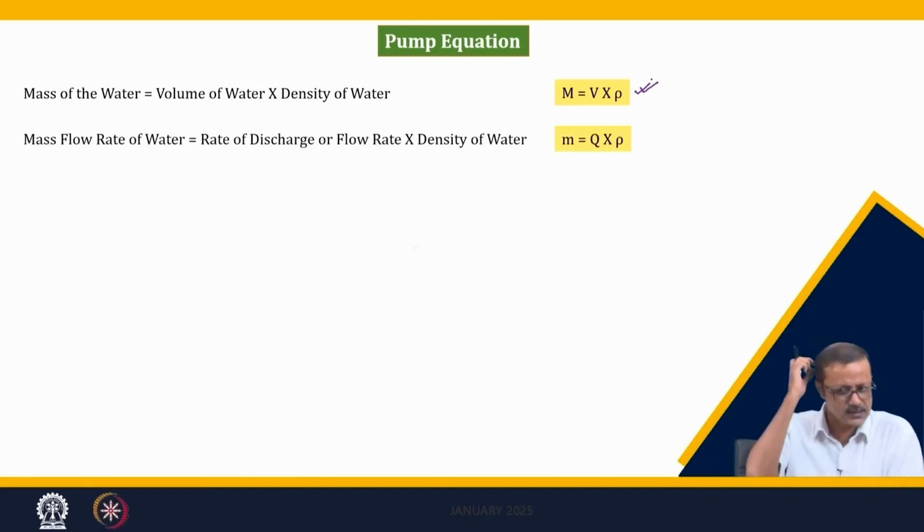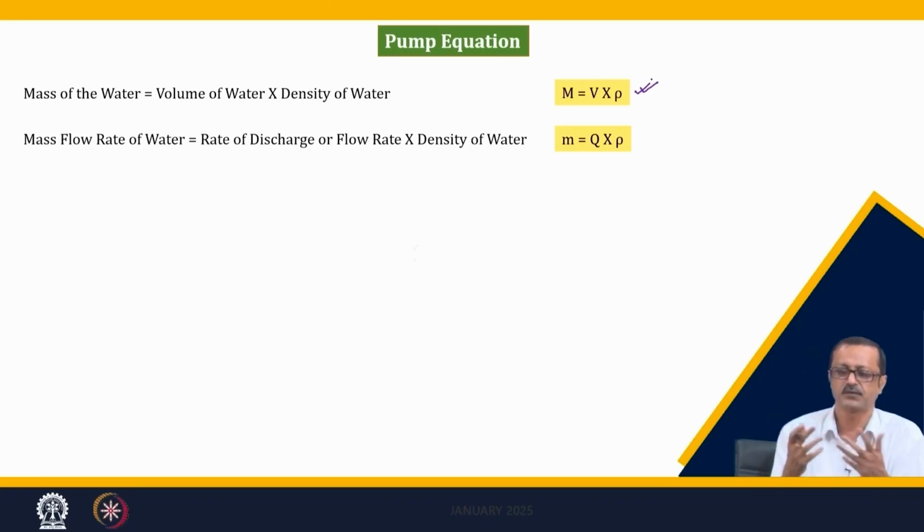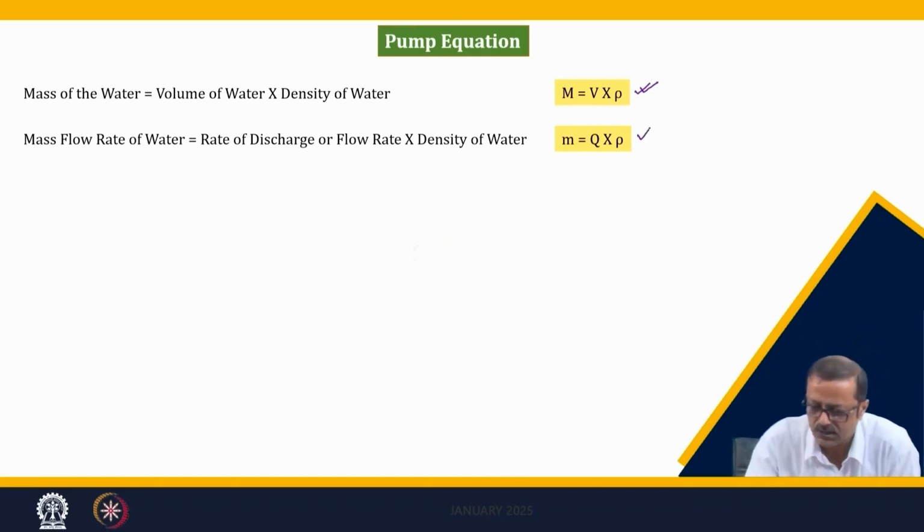Then I want to find out the rate of mass I am going to send, okay, because it is a flow of a fluid. So, rate of mass is the rate of volume flow multiplied by the density. So, I got the next equation, that Q, this Q is nothing but V per second,